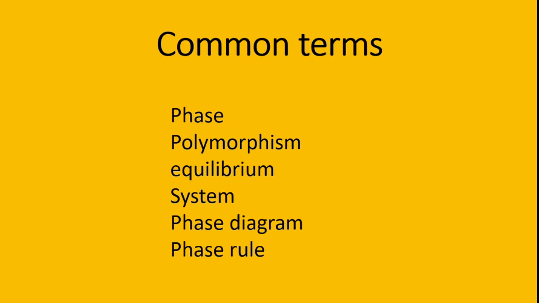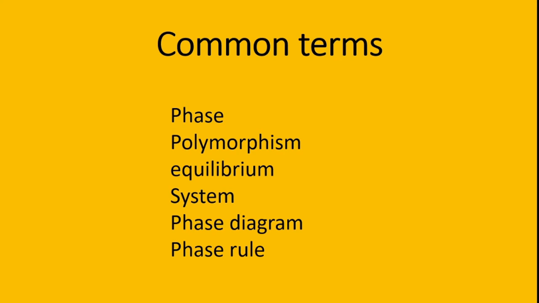Then the next common term is system. What is system? A substance that is isolated from its surroundings is known as a system, which means, further, that the substances are the components comprising the system and should not be confused with the various phases found within the system. So there is no confusion between the phases available within the substance that is isolated from the surroundings, which is known as the system.